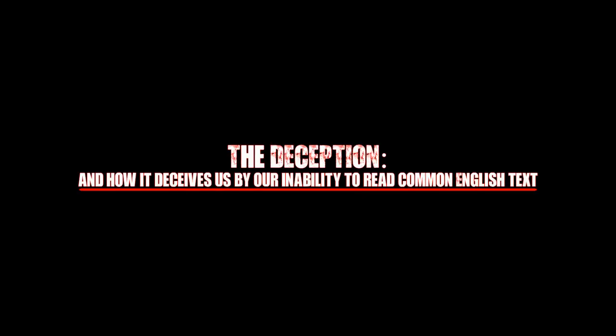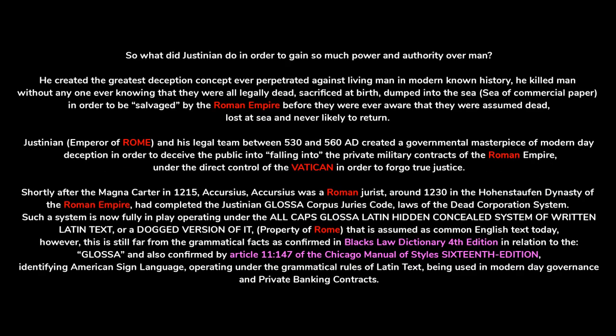The deception, and how it deceives us by our inability to read common English text. So what did Justinian do in order to gain so much power and authority over man? He created the greatest deception concept ever perpetrated against living man in modern known history. He killed man without anyone ever knowing that they were all legally dead, sacrificed at birth, dumped into the sea